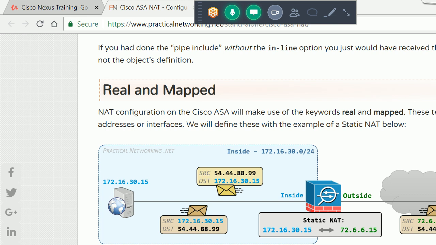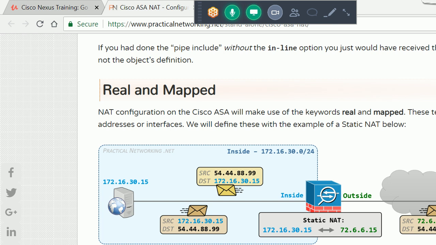When this packet reaches the firewall, source and destination, sorry, actually, that packet starts from here. Source is this one and destination is this one. Actually this packet is going through like this.